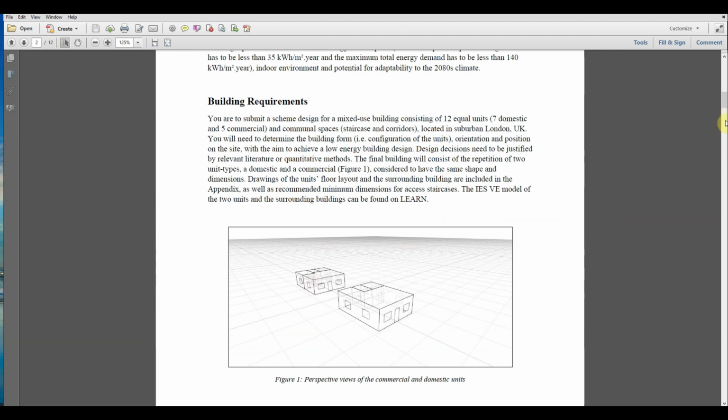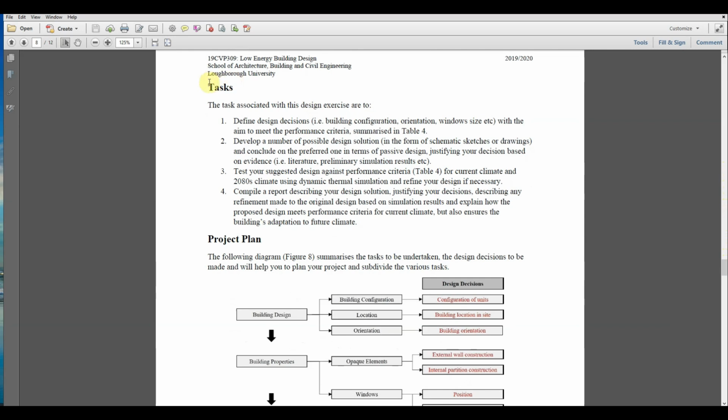So some site details for the building, and then the construction details for the building. So they have given the wall construction, how much it has to be, and then they have given the ventilation, occupancy. So it's all related to the building things. So they have given all the things, and they have asked us. So this is the task that we have to do.